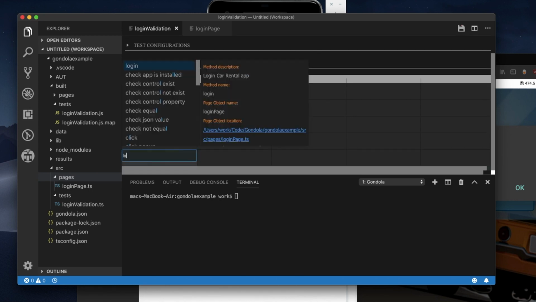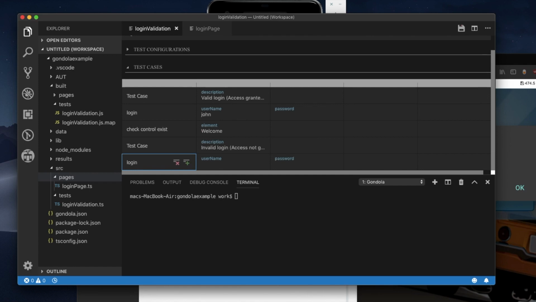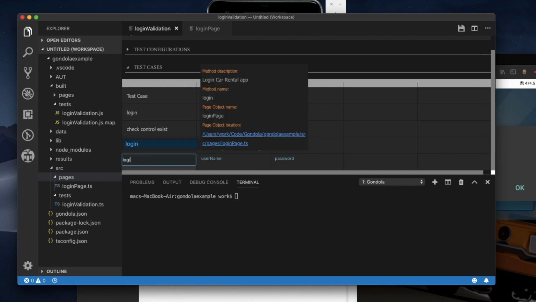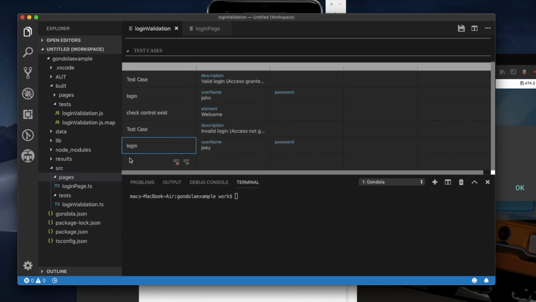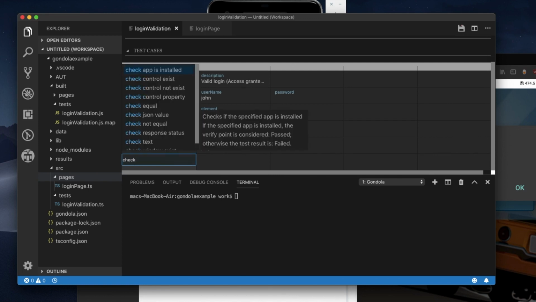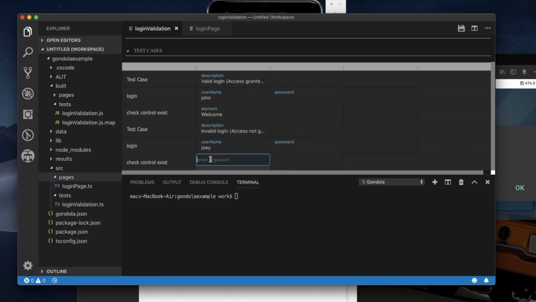Add a new line. Type login. You can see login is auto-completed and it points to the login page object. So we're taking the method from there. Now for username, we'll type Joey, because Joey does not have a user account. Add a new line, check control exists. And then in the next column, we're going to write